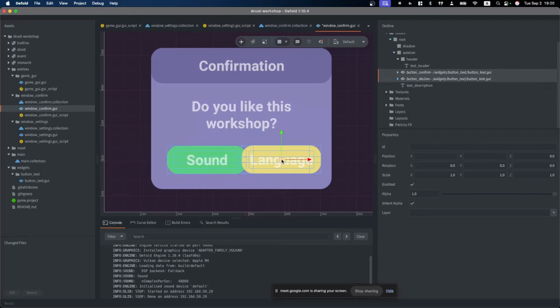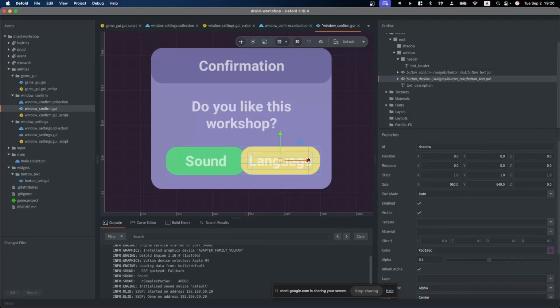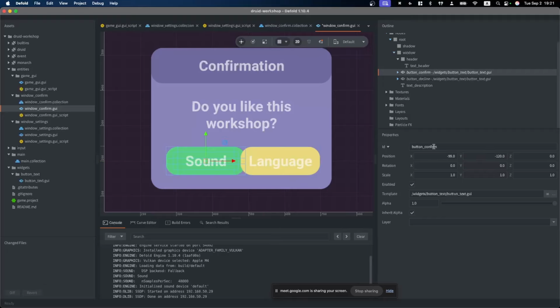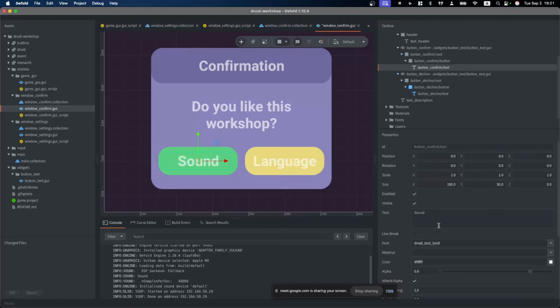As before, we just place them and align the coordinates. For example, here, and this, for example, will be confirm, with text and language decline.